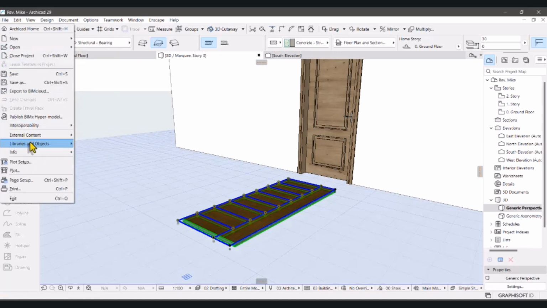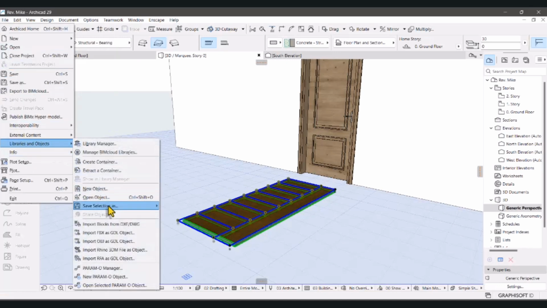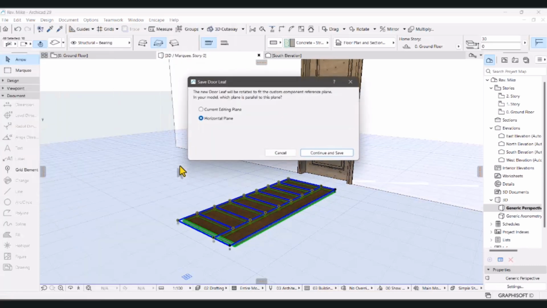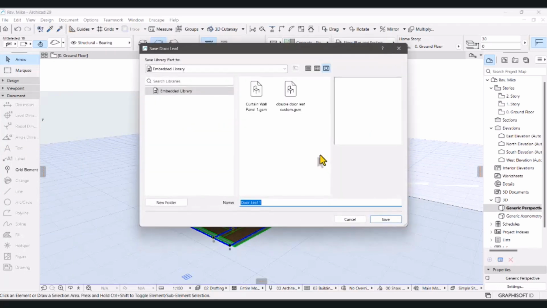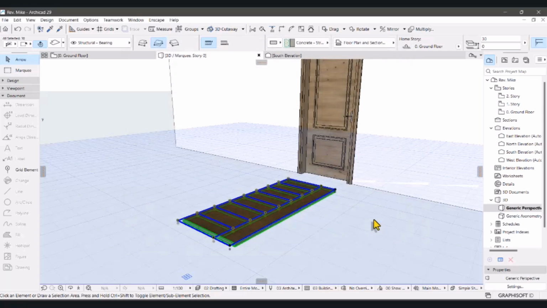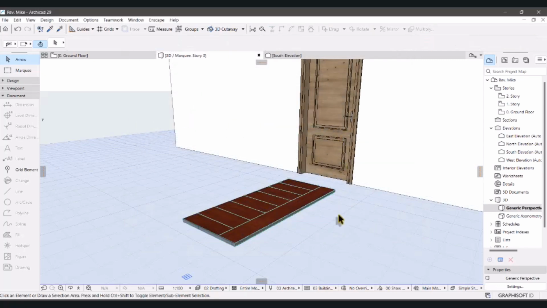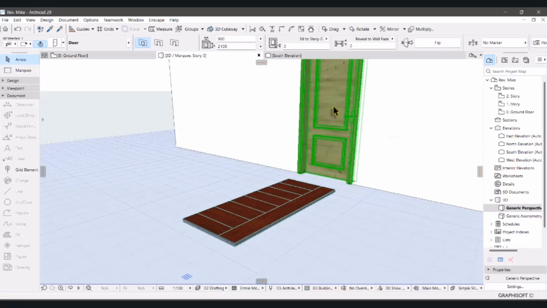So right now we're going to define library and objects, save as, we'll choose the door leaf. Alright, continue. Alright, if you want to rename, you can actually rename at this point, but I'll save it with that name. Now what I need to do is to select the door and then go to the door setting